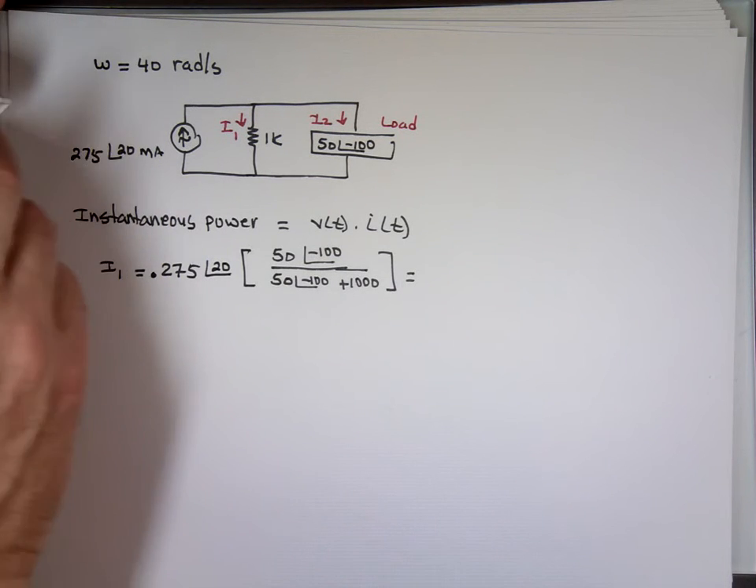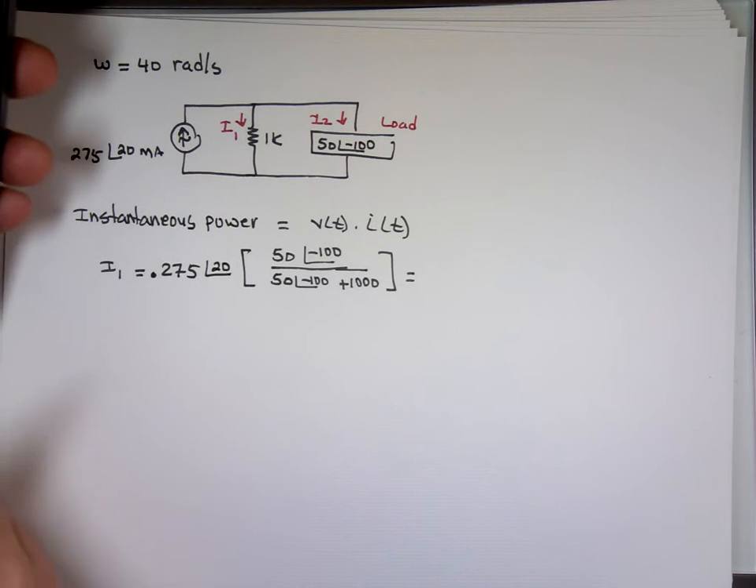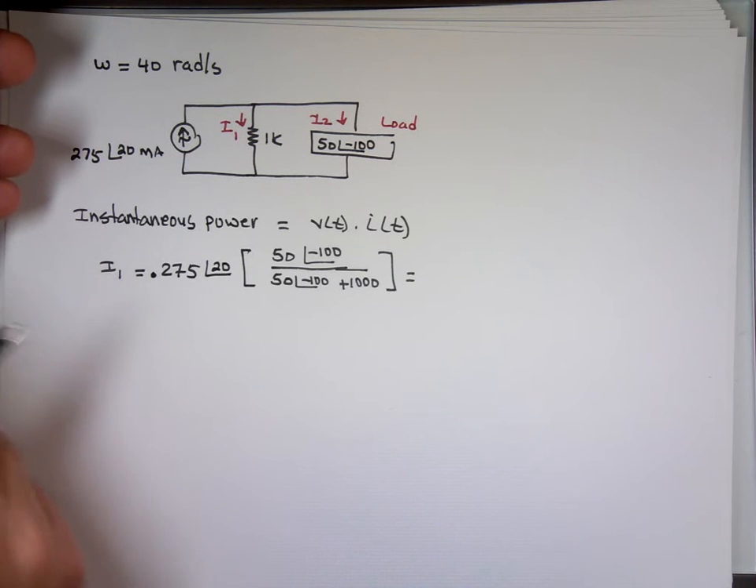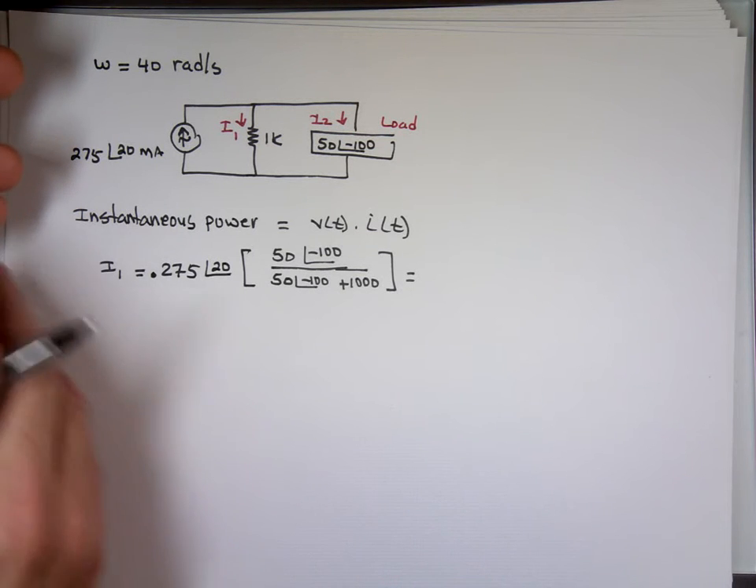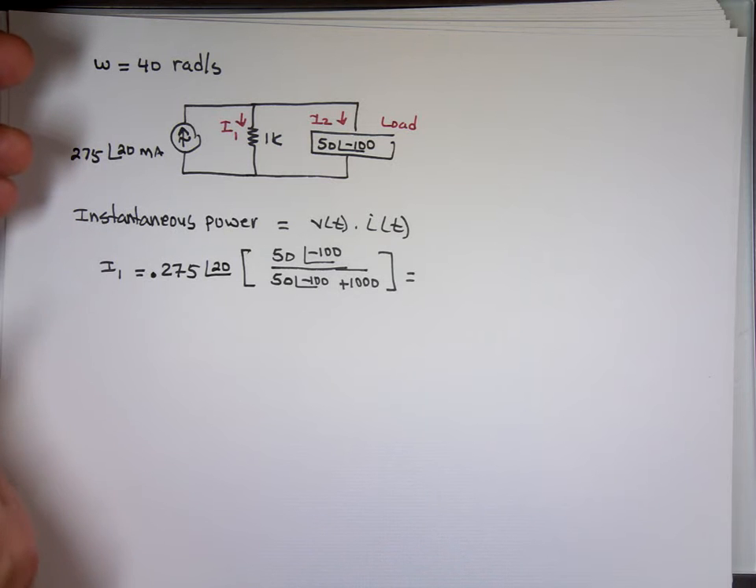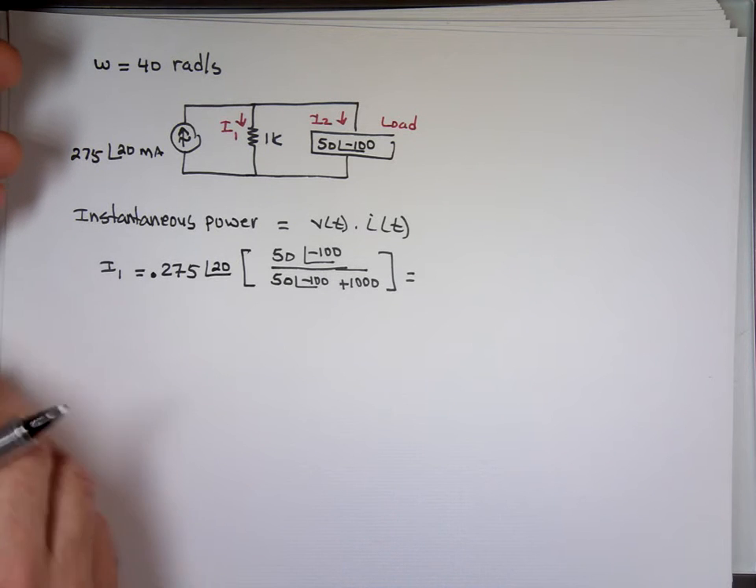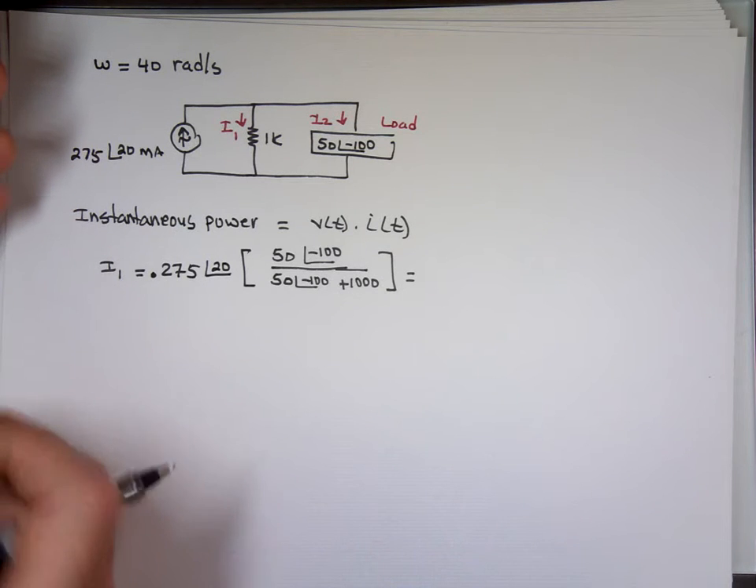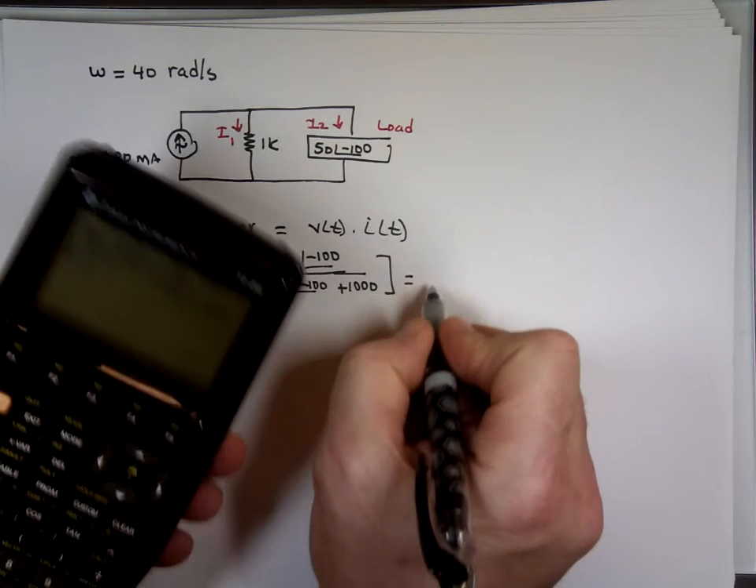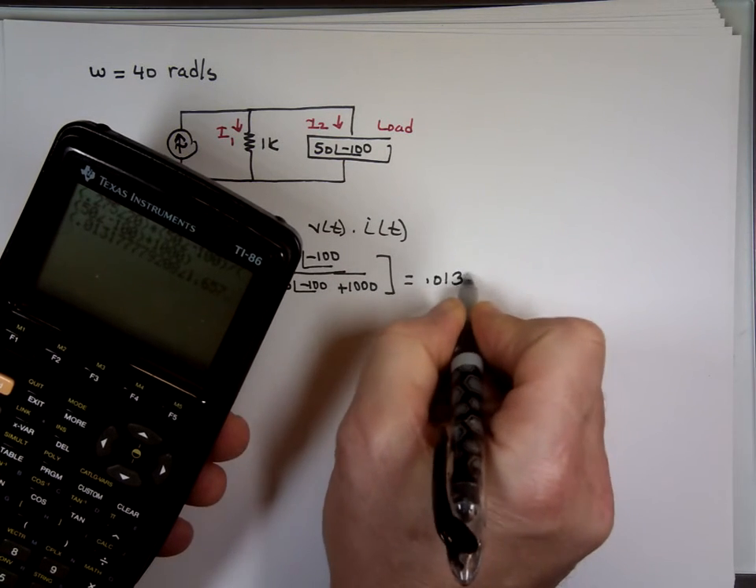And let me just pull my calculator out. I got 0.275 angle 20 times 50 angle negative 100 divided by 50 angle negative 100 plus 1000. If everything goes well on my calculator, I got 0.0132 angle